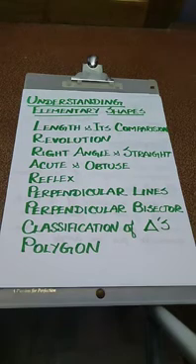The next ones are right angle, straight angle, acute angle, obtuse angle, reflex angle. These are all angles only. So, I will explain them briefly in the angles concept. Next one is perpendicular lines. The next one is perpendicular bisector. Then classification of triangles, that is types of triangles. Then finally polygon.